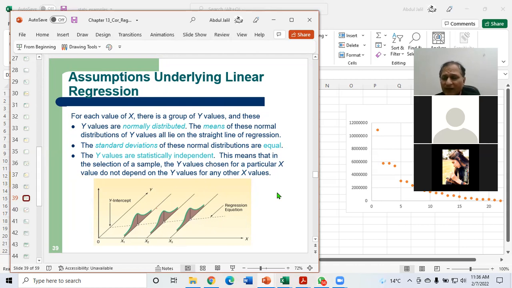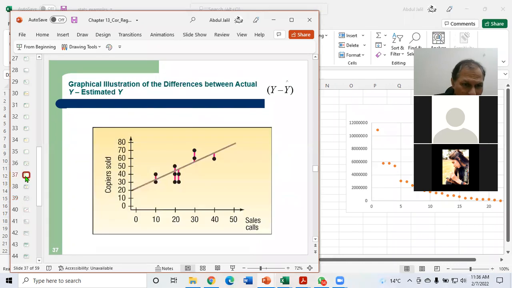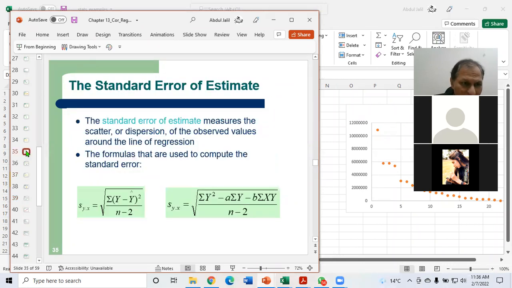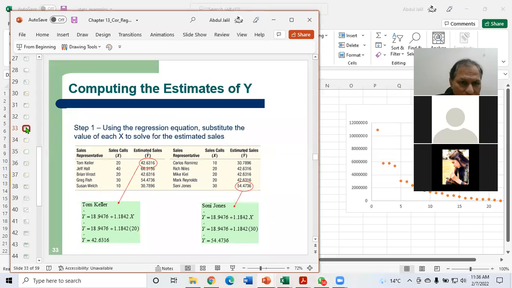Right? Let's suppose you are picking the data of sales and prices, sales of some commodity and prices. So different prices are showing different sales. Let's suppose your y is sales and your independent variable is, in this case, the number of calls. So how many calls are going to happen? I will show it more accurately through this data set, because that is available to us. Number of calls.